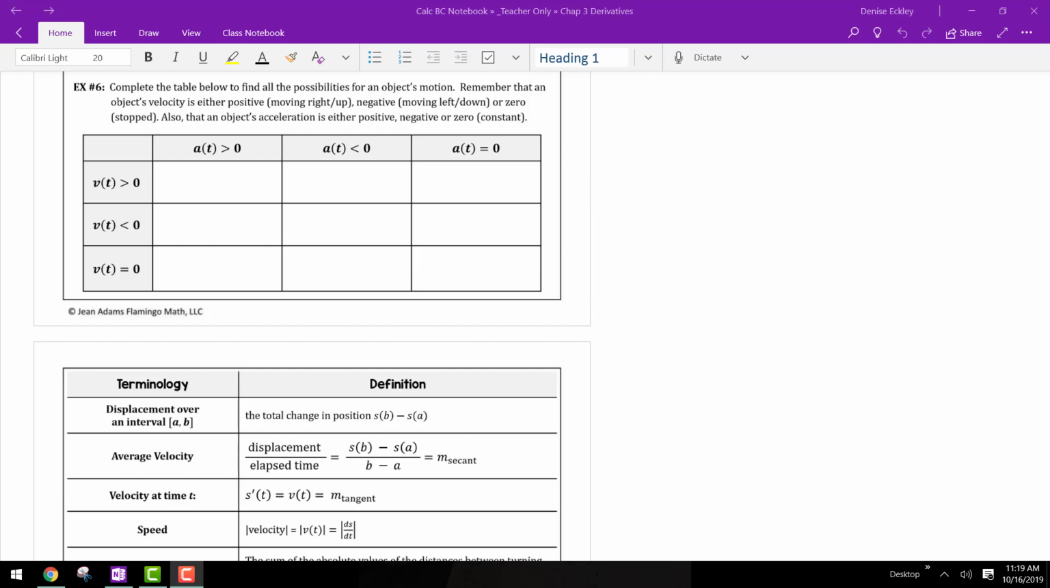Remember that an object's velocity is either positive or negative, so moving right or up for positive and left or down for negative, or zero, that means it's stopped. Also that an object's acceleration is either positive, negative, or zero, which means you have constant speed when it's zero. Okay, so when the velocity is greater than zero,